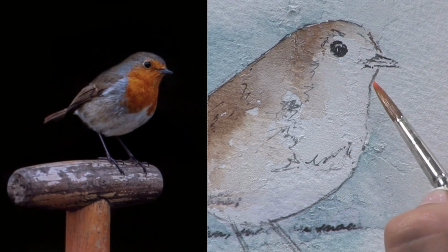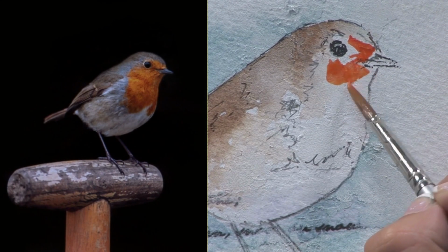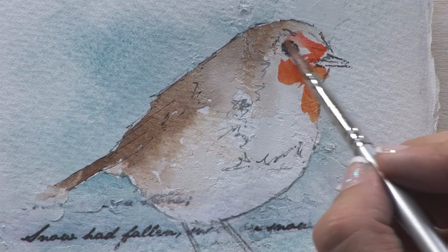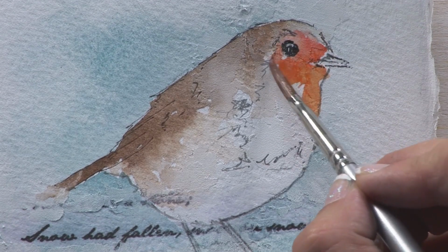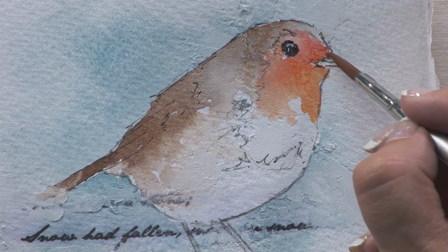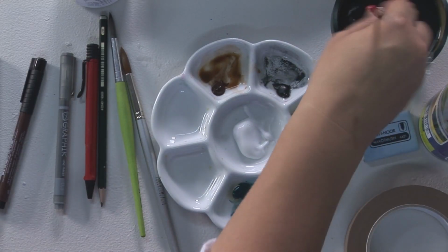straight away dipping it into the orange. This is something that we would call double loading. I'm going to look at where the light and dark areas of my robin are and put in the colour. Now I know that looks strong, but don't worry. That's what the water's for. So we're going to use the water to blend that out around the eye area, and you can see straight away that as soon as the water is introduced, it softens everything, but you've still got a real punch to